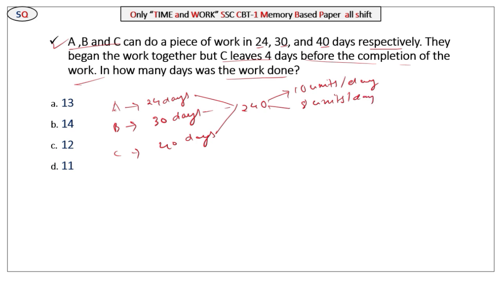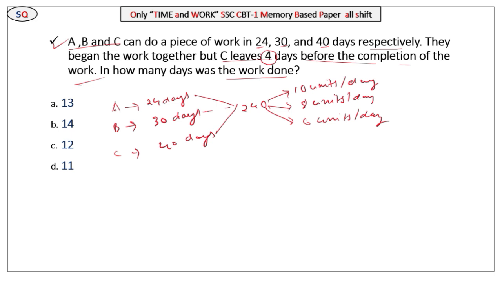C can do 6 units per day. Since A, B, C work together and C leaves 4 days before the end,